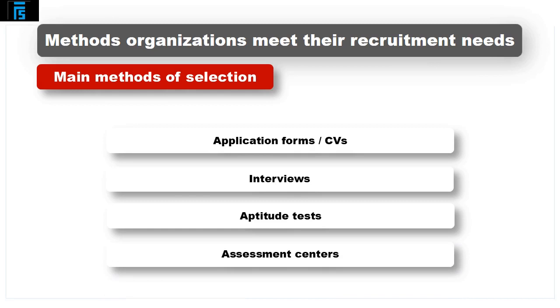Which of these methods of selection is the best? Well, the short answer is that there isn't one single best way. So in the exam, you may be asked to think about what are the advantages of each of these methods, or you might be given a little story about a company and asked for them, for this particular organisation, what would be the best thing for them to do.